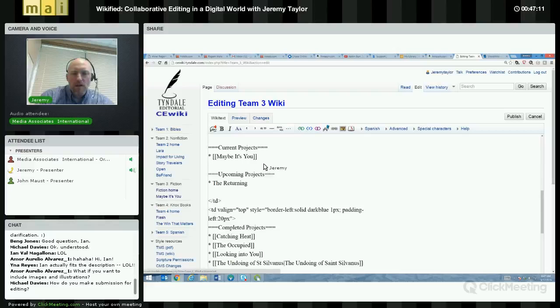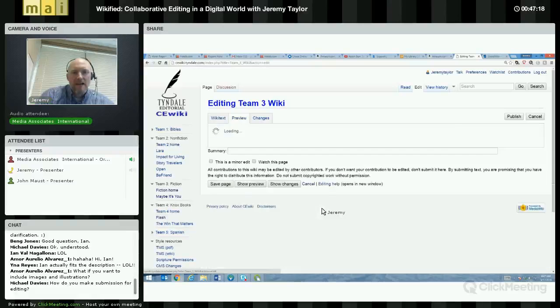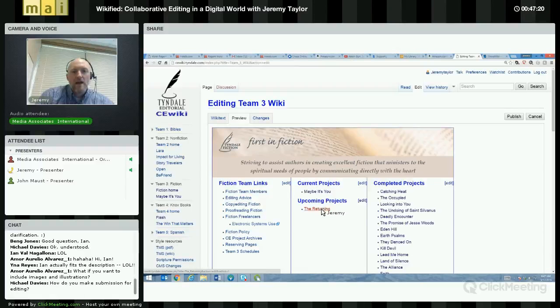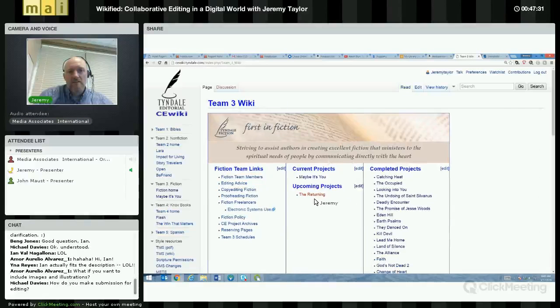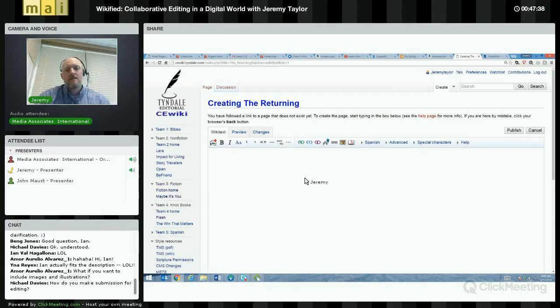And then if we want to make it a link, all we have to do is add brackets around it, and that's going to make it into a link. And you can see now it's an active link. It's red instead of blue because that page doesn't actually exist yet. So I'm going to publish this and actually make that change for the first time. So this is our live page. And now when I click on this link, it's going to take me to a blank page because I haven't created any content. And now if I want to actually create the page,